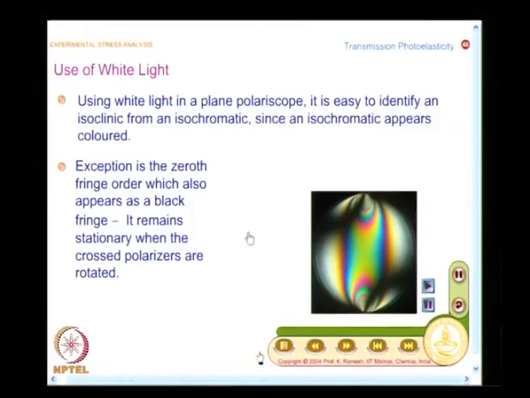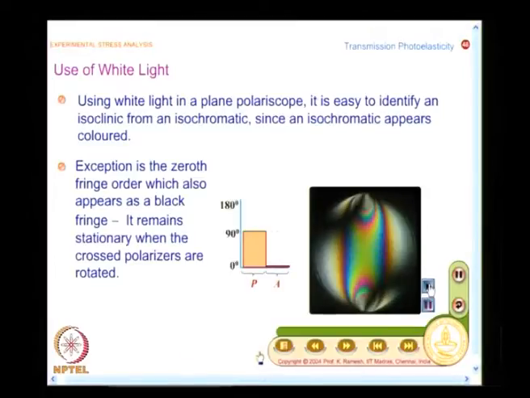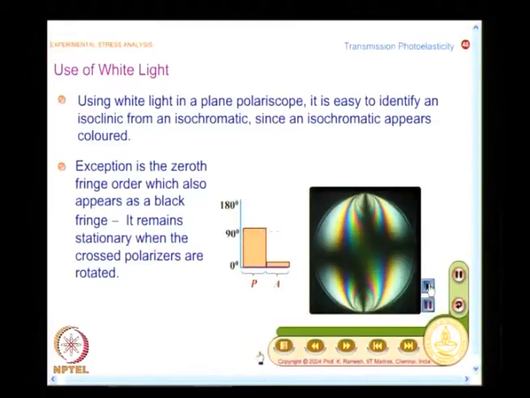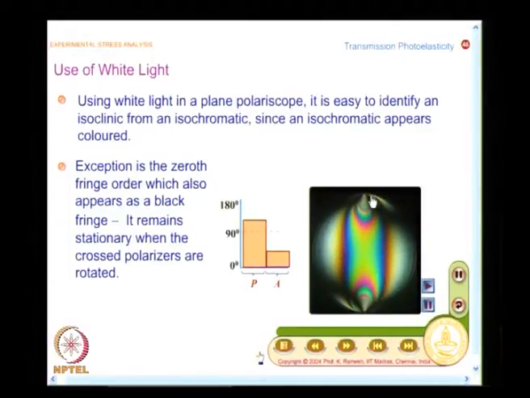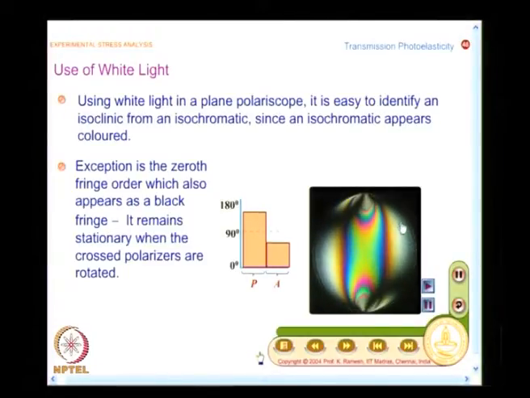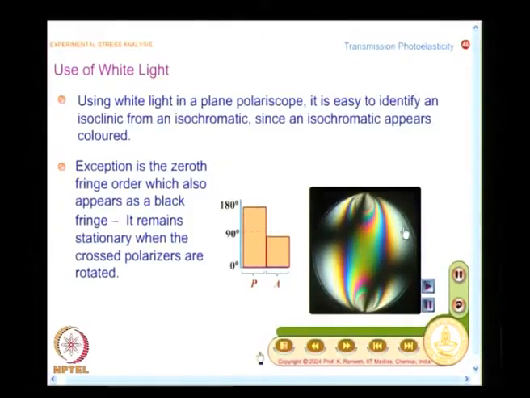It is no longer a problem now, it is a lot simpler, and we have already seen in the plane polariscope, if I have a white light source, it is advantageous because I can distinguish between isochromatics and isoclinics by distinguishing the color and the black isoclinic. The only difficulty comes in delineating the 0th fringe order and the isoclinic, which you have already learnt. It is not something new.